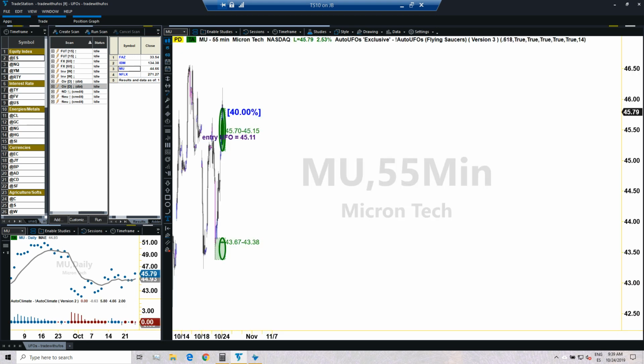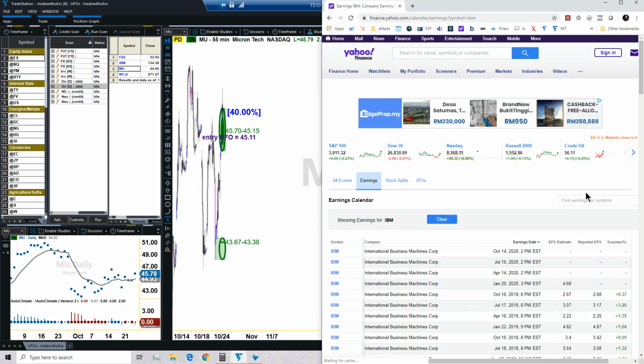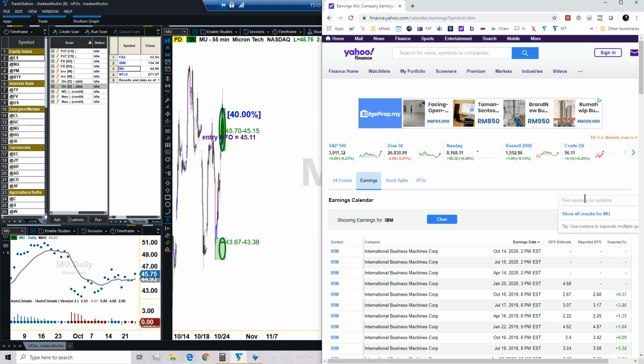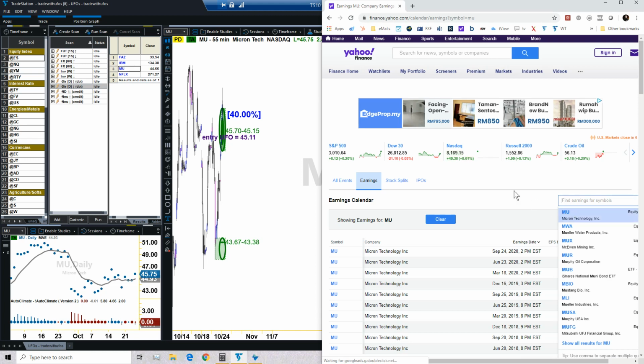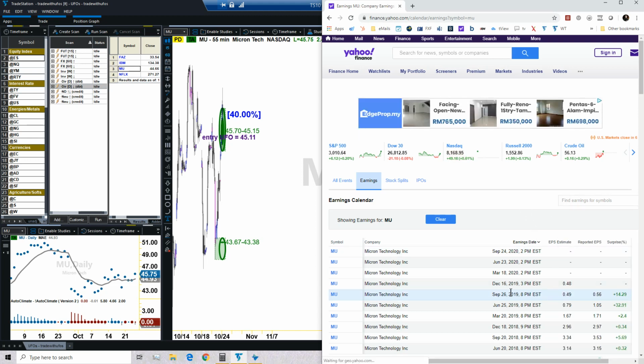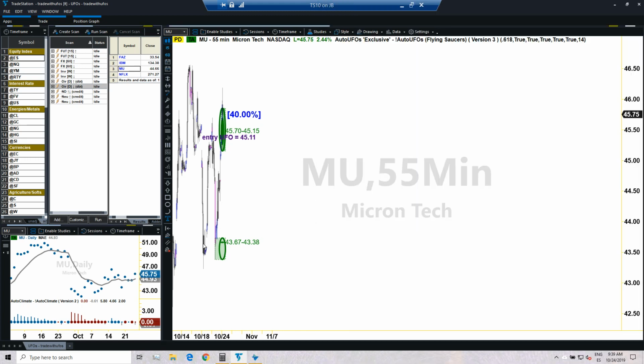So loading Micron, and looking at the earnings as well. The earnings date for Micron was September 26th. The next one will be December 16th. So this seems like a much better idea, even though I'm just realizing now that we are in a confirmed climate, but notice what's happening today to Micron with a massive push up 2.45%. Certainly we are on the other side of the average, so it doesn't matter what the UFOs tell you, we are trading in the wrong climate if you were to do so, because we surpassed that average price, which is our reference guide. So we are going to pass on this one, and the next one we're going to check is